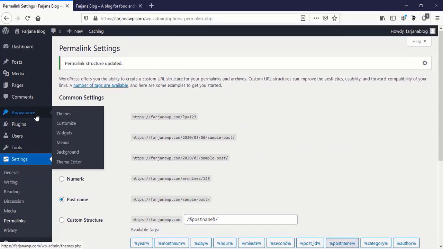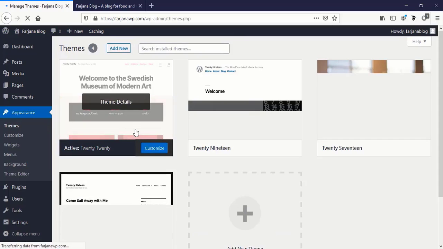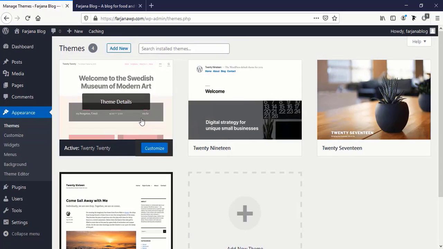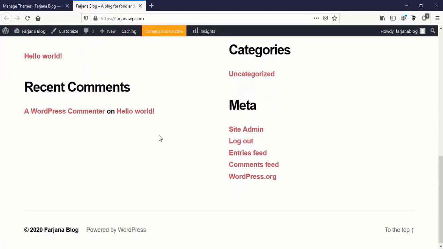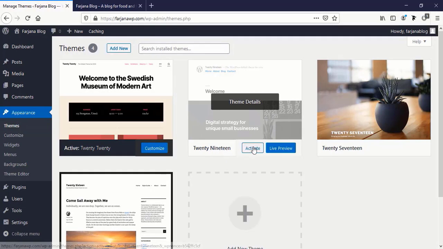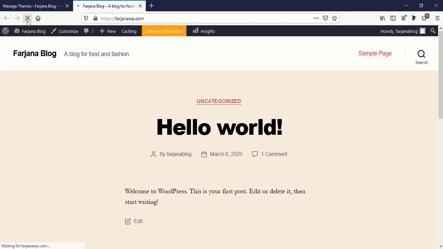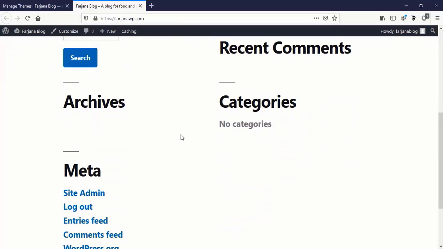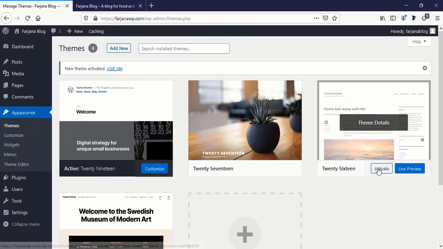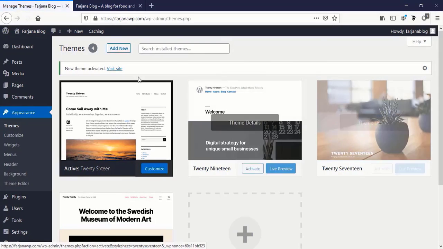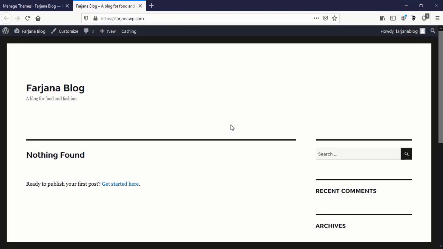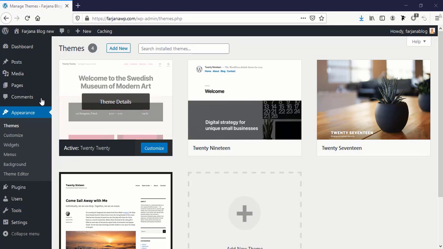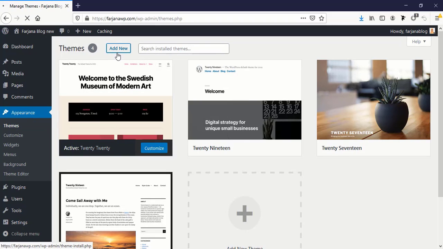And next I am going to appearance, and here we can see this is the default theme by WordPress which is installed by default. So our website is looking like this, and now when we change it to another one, I am activating it for example, and now refresh our website. We can see our website is looking different. In a similar way, when we activate another one and refresh our website, we can see it also changes our website look. So for this website we are going to install